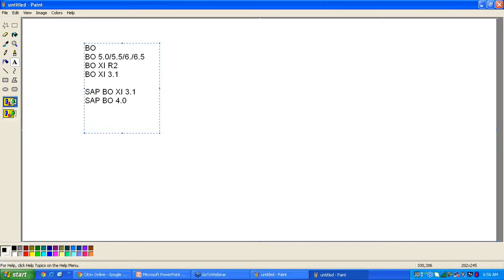In our training, we are discussing 3.1 as well as 4.0, both tools, because most of the projects are still on 3.1. In the next 2-3 months, you will get a lot of migration projects from 3.1 to 4.0. New implementations are done on 4.0, and the older projects are still on 3.1, so they have to upgrade to the latest version.